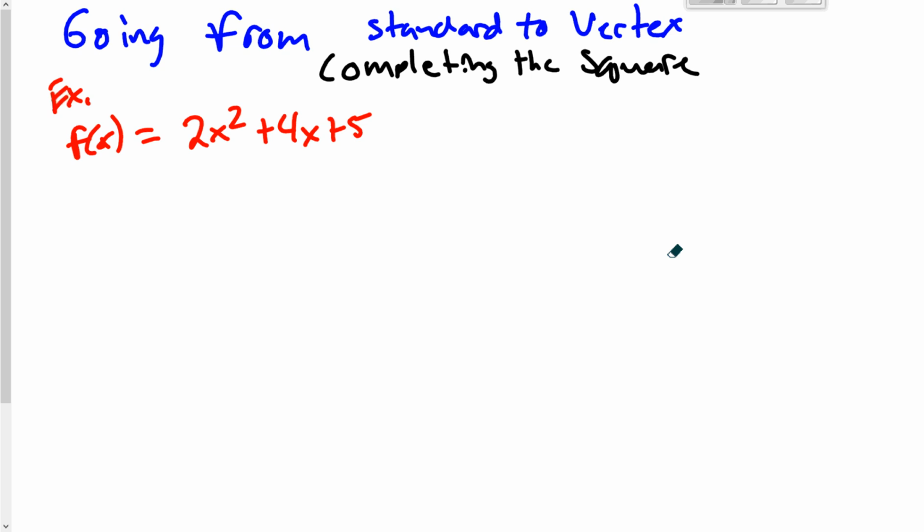Video on completing the square, where we're going from standard form to vertex form. Here's an example, and then I'll give you the steps for how to solve it. First of all, you always want to divide by your a